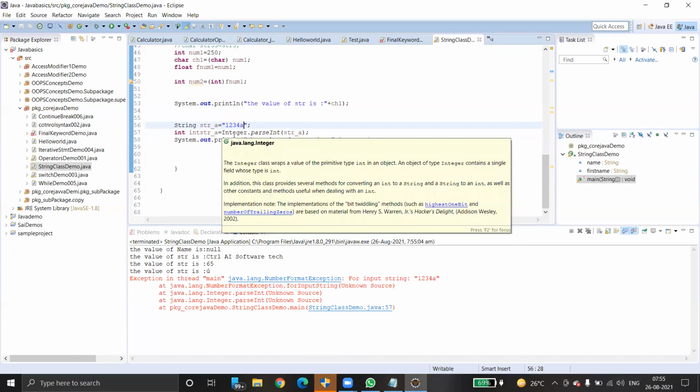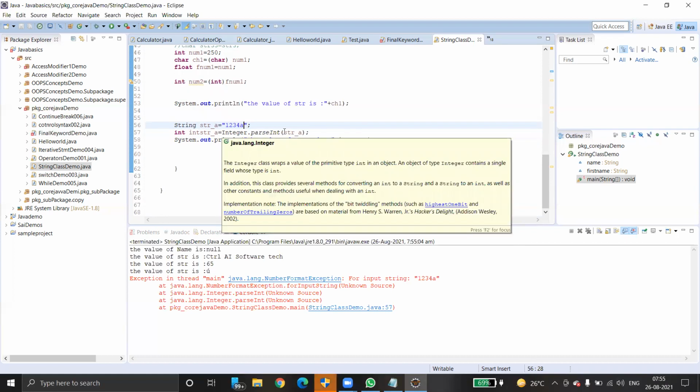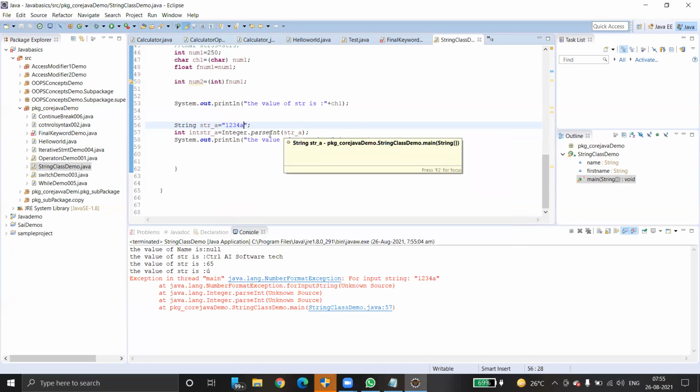Here we are using a wrapper class Integer. First of all, the string should have a numeric value. Then only it can parse into this integer type. Otherwise, it can't parse. They are saying there is some website with some numerical values, and I just want to convert that string into integer. Yes, of course we can convert, but we have to use the wrapper class Integer method parseInt to parse a string as a signed integer number.